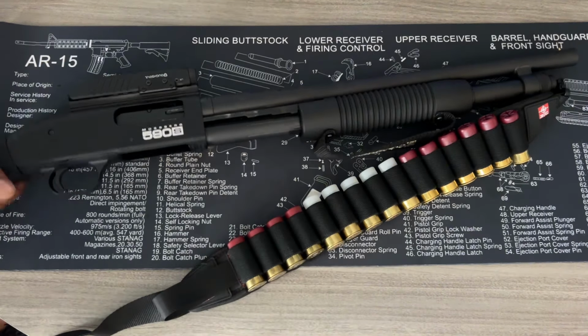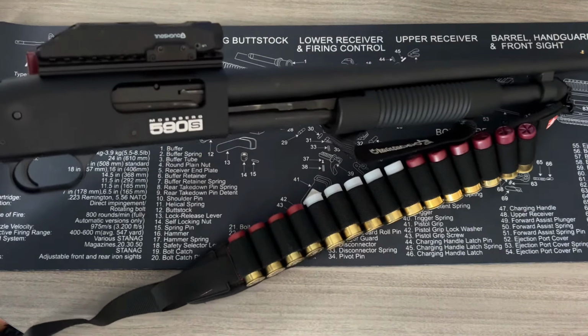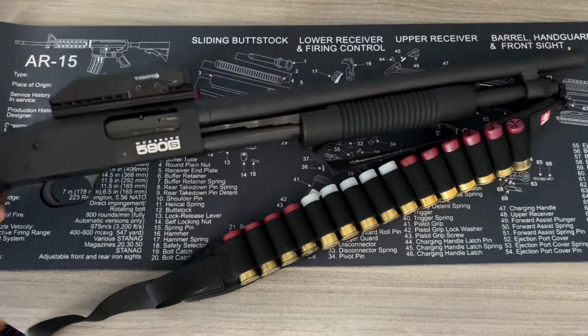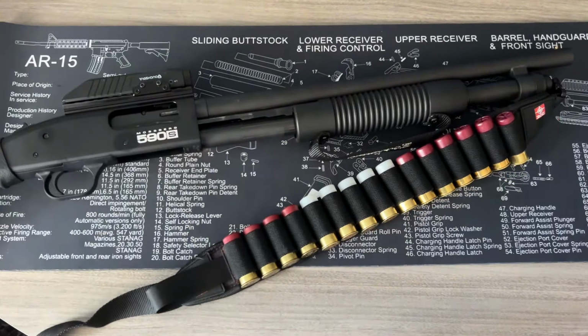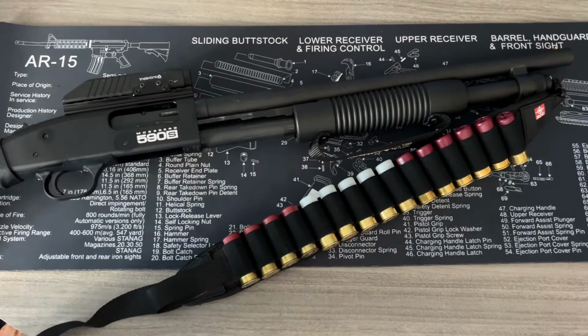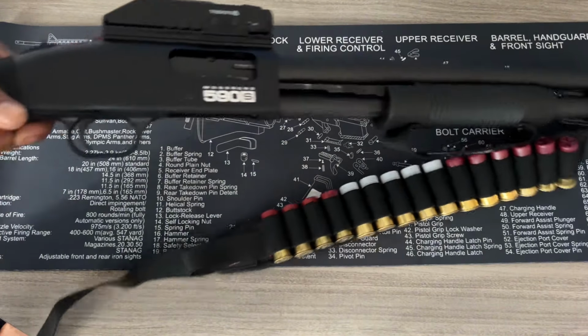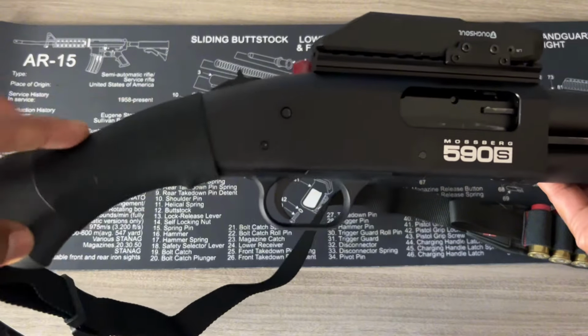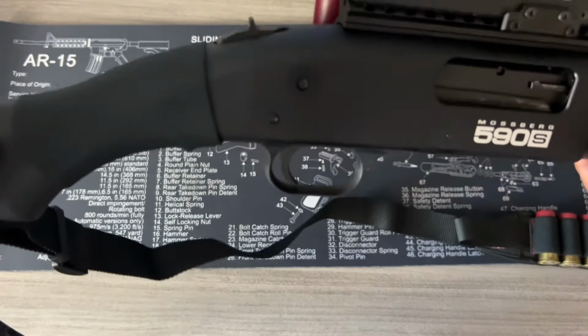So, Mossberg 590S. Let's start off at the top. I have not shot it yet. I have shot a Shockwave and a shotgun, but I've been on vacation and I haven't had a chance to really go to the range. So not going to front. Haven't shot it yet, but I know how it operates. So the first upgrade I did was I bought this little rubber grip, and all these things are from Amazon